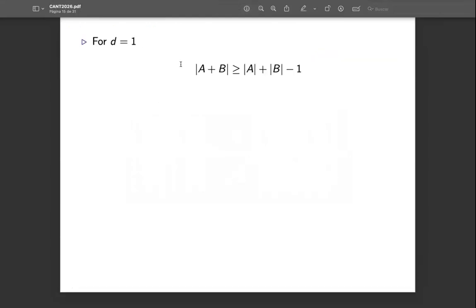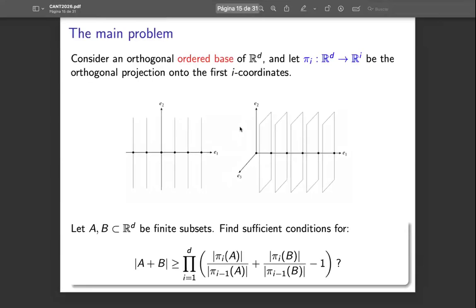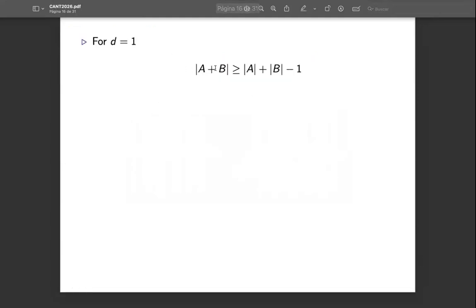So for 1 dimension, we make the convention that P0 is 1, so this cardinality is going to be 1. P1 is going to be the whole cardinality of the set A, and so we will obtain this folklore inequality for finite sets in the real line,